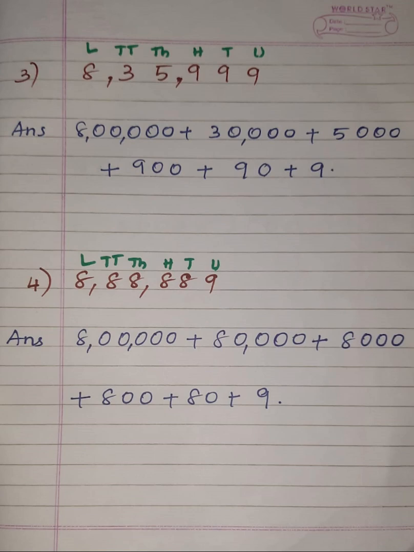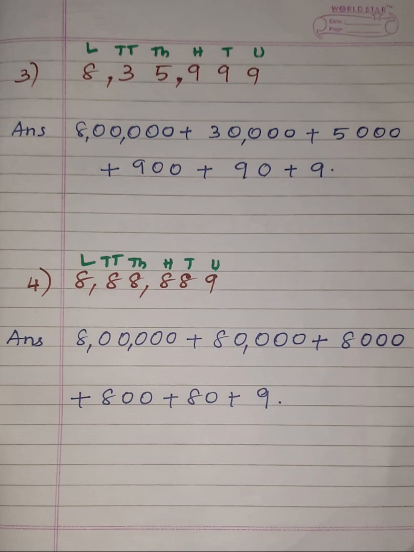Now we have one more 9. Here the 9 is in which place, children? It is in the tens place. So therefore the place value of digit 9 is 90. Followed. Now the last, finally we have one more 9 at the units place.